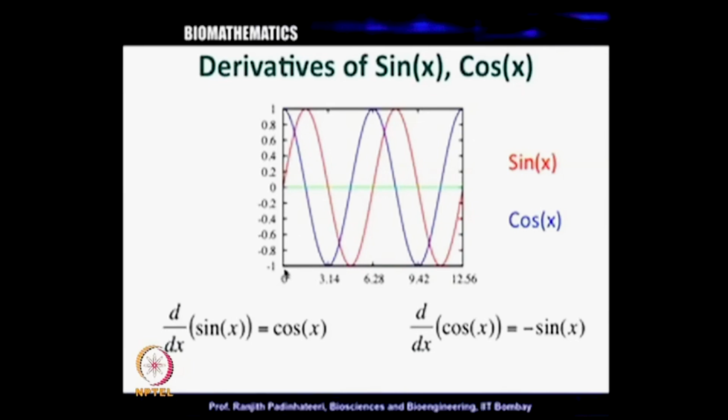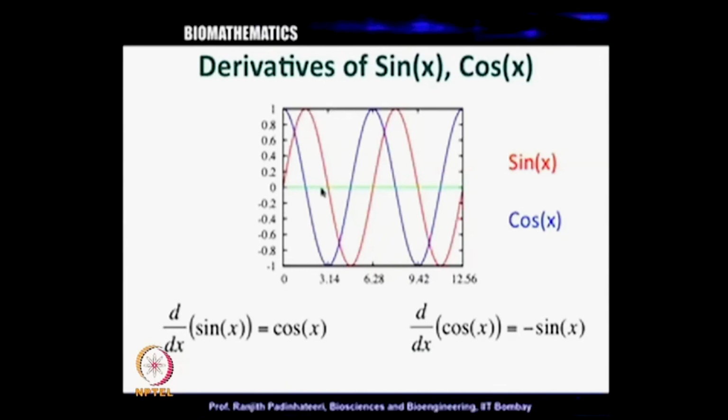At x equal to 0, it is 0, and when x is equal to pi by 2, this is around 3.14, this is pi, this is pi by 2, which is 90 degrees. So, when x is 90 degrees, d by dx, the cos sin x is basically 1, sin 90 is 1,